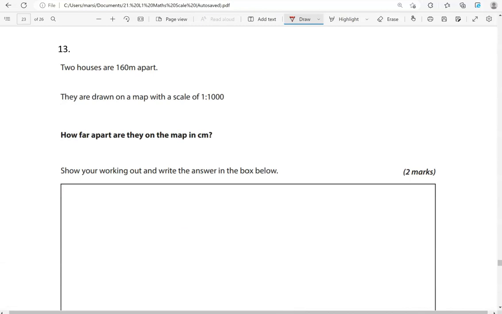Two houses are 160 meters apart. They're drawn on a map with a scale of 1 to 1000. How far apart are they on the map in centimeters? So the scale is 1 to 1000. The actual distance between the two houses is